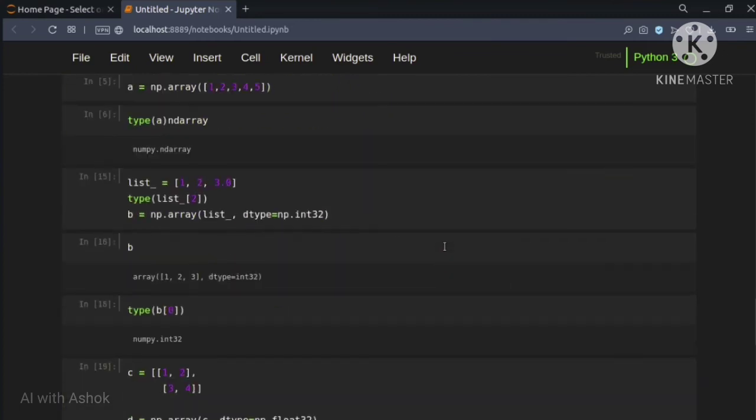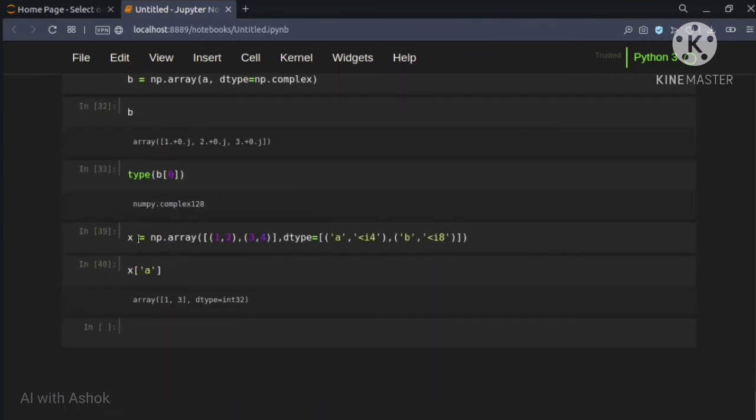Let's see with an example here. Here x is equal to numpy.array of, we are going to map this: 1 comma 2 for the first one. So in 1 comma 2, 1 is converted to a data type and 2 to b data type. So here a's data type is i4, and b's data type is i8.